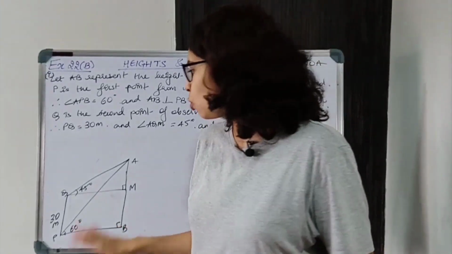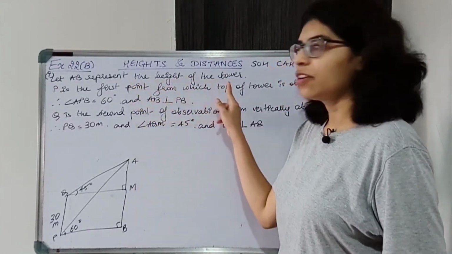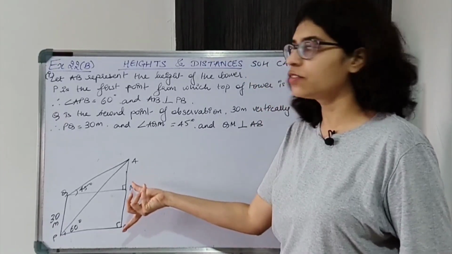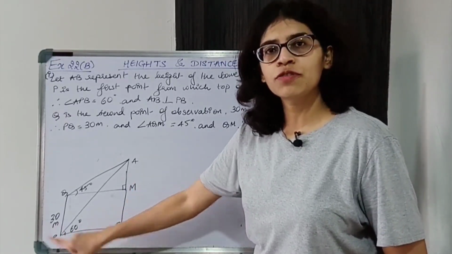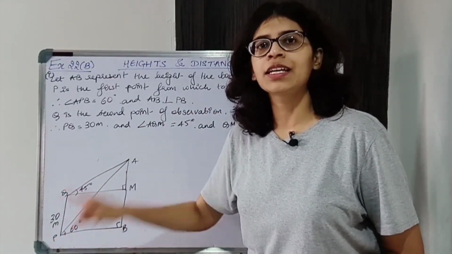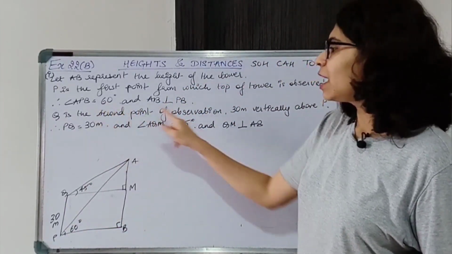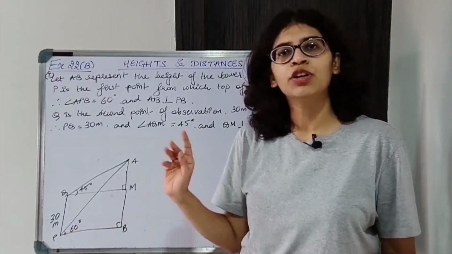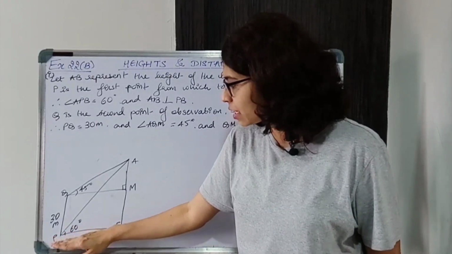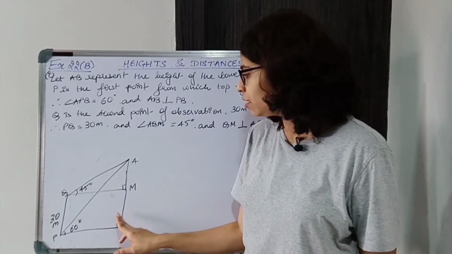Okay, so this is the figure that you have to draw. Now AB represents the height of the tower. This is what we have to find in the first part. So AB is the height of the tower. P is the point of observation, first point of observation. Okay, now from this point the angle of elevation is 60 degrees, and AB is perpendicular to PB because we are assuming that you are observing from some point on the ground. Okay, and this ground is horizontal, this is vertical, so obviously the angle will be 90 degrees.